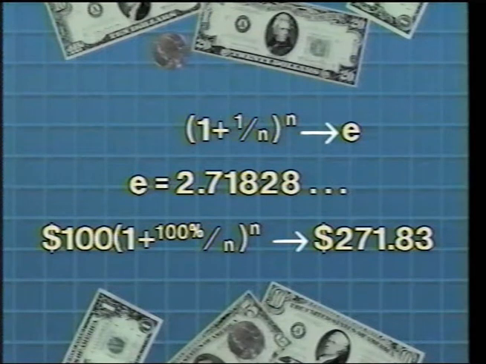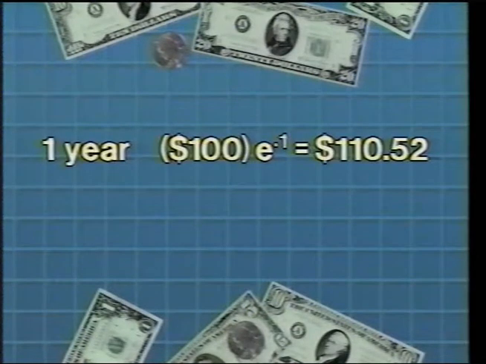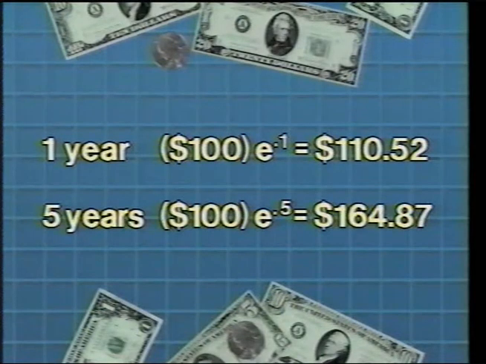That means that even at 100% interest, a $100 deposit would reach $271.83 in 1 year and no more, even if the interest were compounded every zillionth of a second. For interest rates less than 100%, like the 10% rate of our fishermen, the limiting value for 1 year is $100 times e raised to the 1/10th power, which equals $110.52, and for 5 years is $100 times e raised to the 5/10th power, which equals